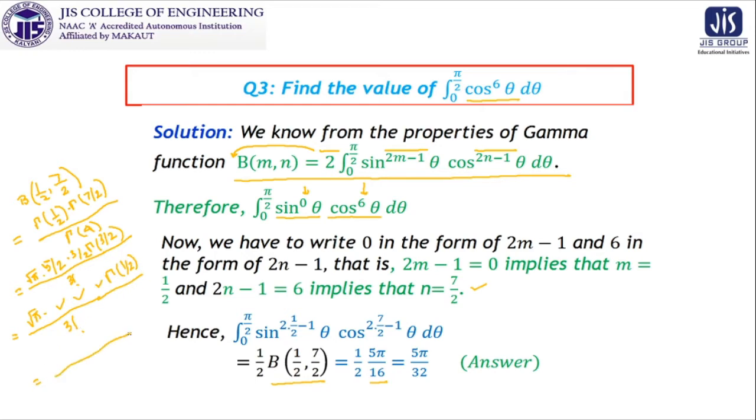So ultimately what do we get? It is 3 factorial. Root over pi into root over pi is only pi. And here we get 5 by 2, 3 by 2, 1 by 2. 5 by 2, 3 by 2, 1 by 2 is nothing but 15 by 8. So it will be 15 by 8, and it is 3 into 2, 6. So 15 by 8 into 6.